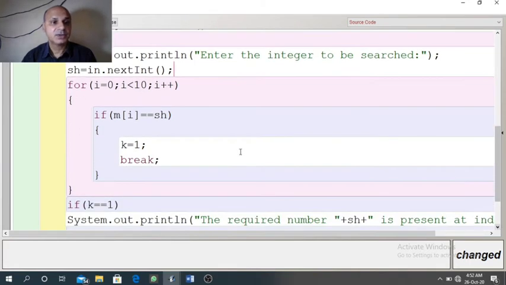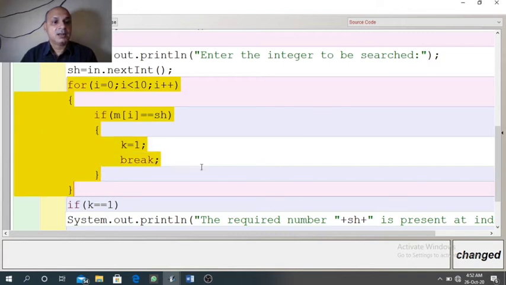We have a very simple logic here. First we need to cover the index of all the elements in the array. So starting the loop with 0 and it will go up to 9. And in case of linear search, our objective is to compare all the elements of the array with the search item one by one.